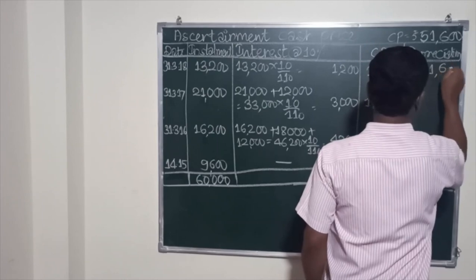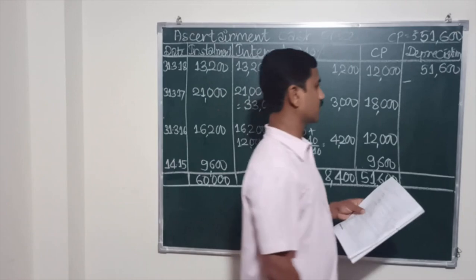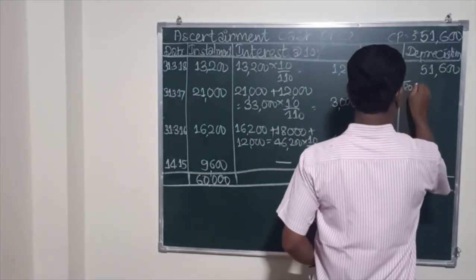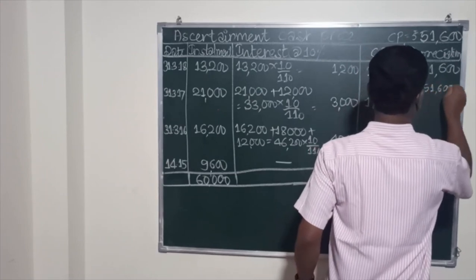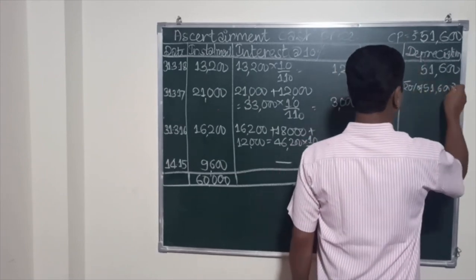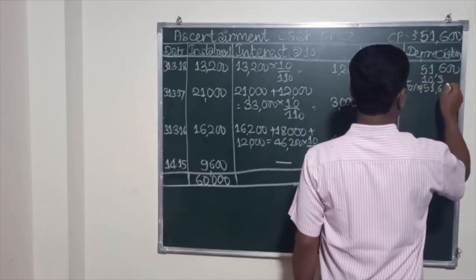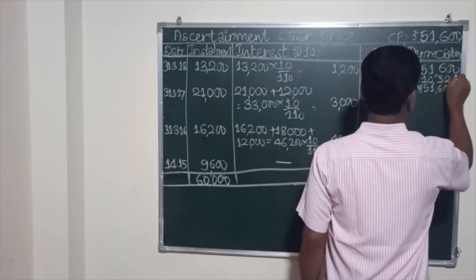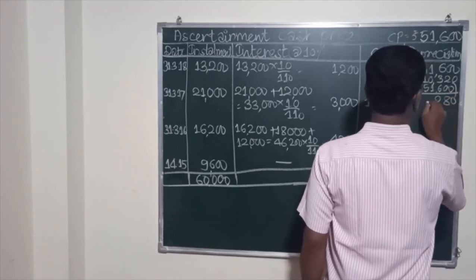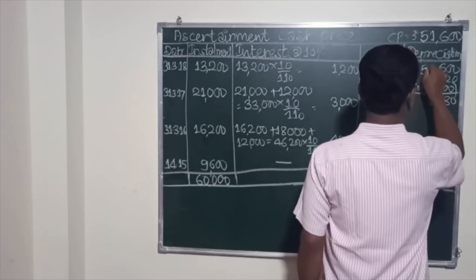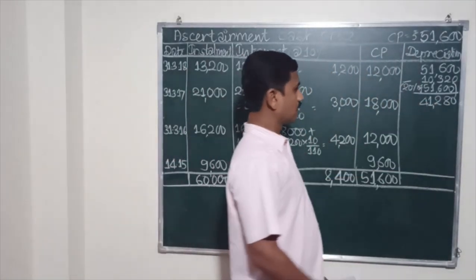So 51,600 less depreciation. The rate of depreciation is given as 20%. So when you calculate here, 20% of 51,600 is nothing but 1/5 here. So 5 ones are 5, 5 3s are 15, 5 2s are 10 here. So 8 here, carry 1, 6 minus 4 is 2, then 1 minus 0 is 1 here, 5 minus 1 is 4. So 41,280 is the outstanding balance after the first year.